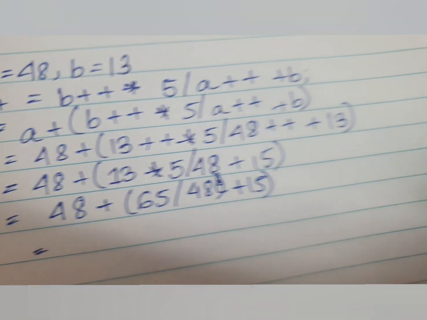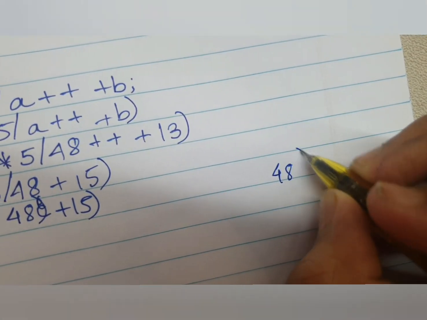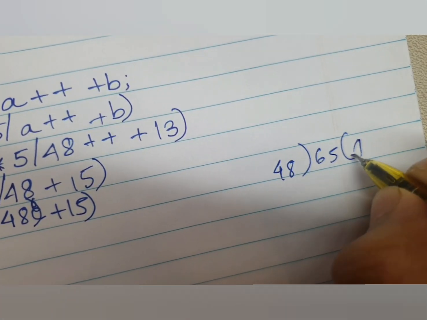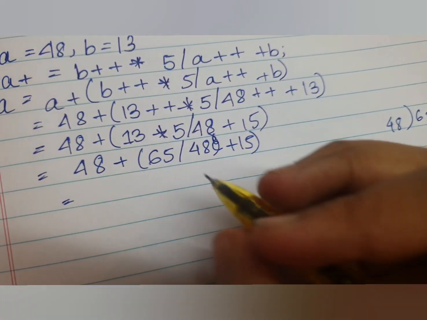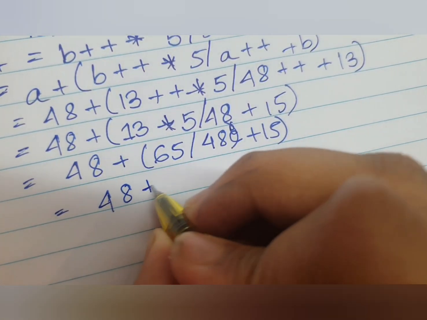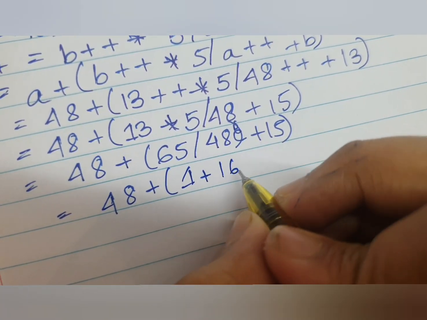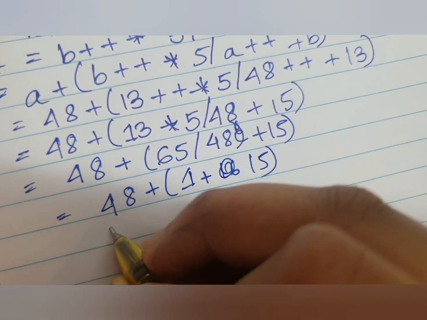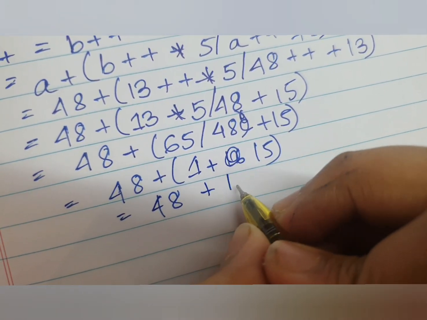What is 65 by 48? Let's see what we get. Obviously our quotient will be 1, so this 1 plus 15, that is 48 plus,